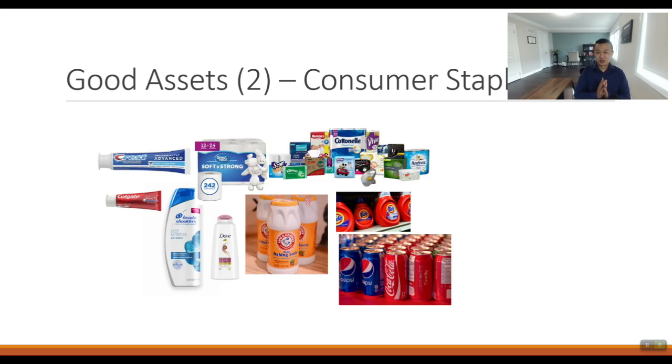So anyway, let's move on to the next one, consumer staples. Consumer staples products are basically the stuff that you need for your day-to-day livelihood, like toothbrush. I think there are different definitions of consumer staples. Toilet paper is definitely consumer staples. Some people think Coca-Cola or cereal are also consumer staple products, because people who drink Coca-Cola are going to keep drinking Coca-Cola. So it's very hard to move away from these products. That's why it's more stable.